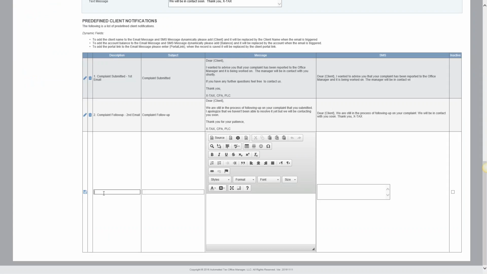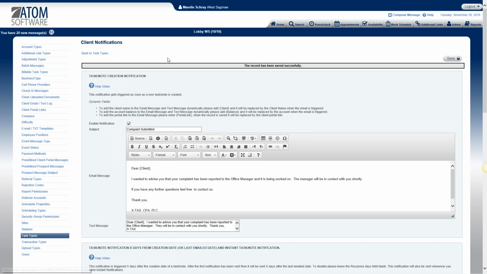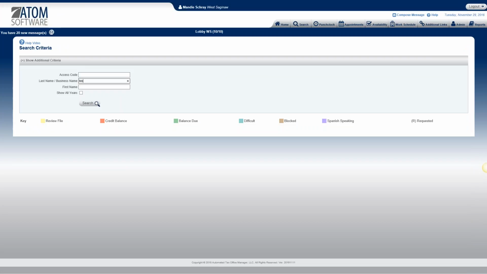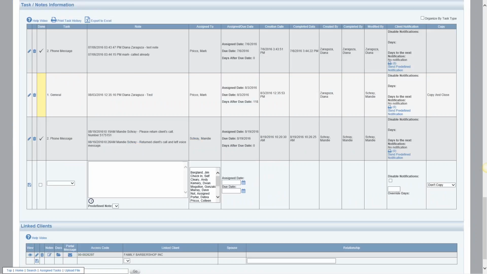So what I'll show you now is where you'll find those within a client's file. So if we search for a client, and under the notes section, we can click here and it will take us directly to the task or notes section. If you remember, we had set up those notifications under the task type complaints. So if we type in complaints here, we select that task type,